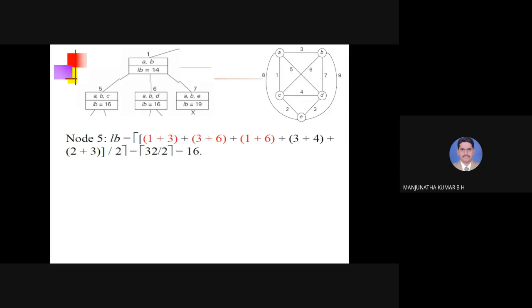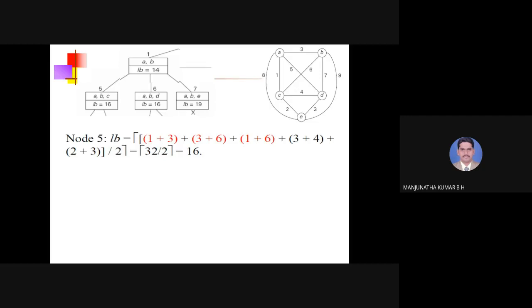No, that's why 1 plus 3 plus. Okay. Second term related to the city B. Okay. Now observe city B. It's a very important thing, city B, because B is coming in between A and C. It means that after visiting A, I visited B. After visiting B, I am visiting C.